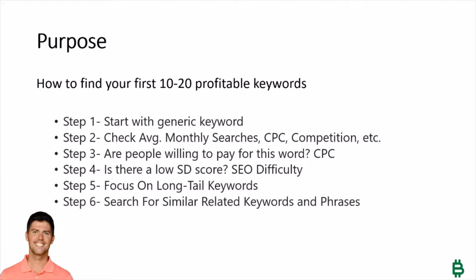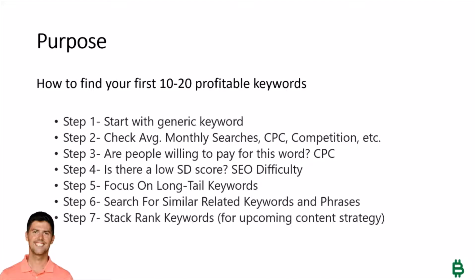So once you get the handle of finding long tail keywords, we want to broaden our range of keywords and phrases. Google wants to know not just that we're into dog anxiety, but we need to broaden that range. We really need them to know that. So we're going to search for similar related keywords and long tail keywords, like swapping out dog for puppies, for instance, would be a good example. And I'm going to show you exactly how you can do that and